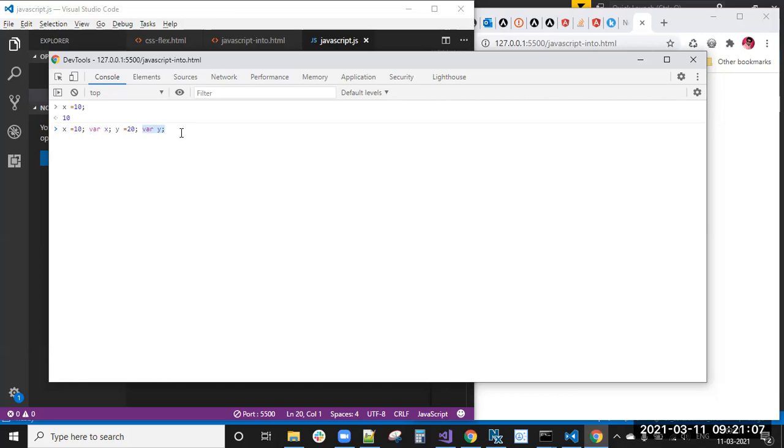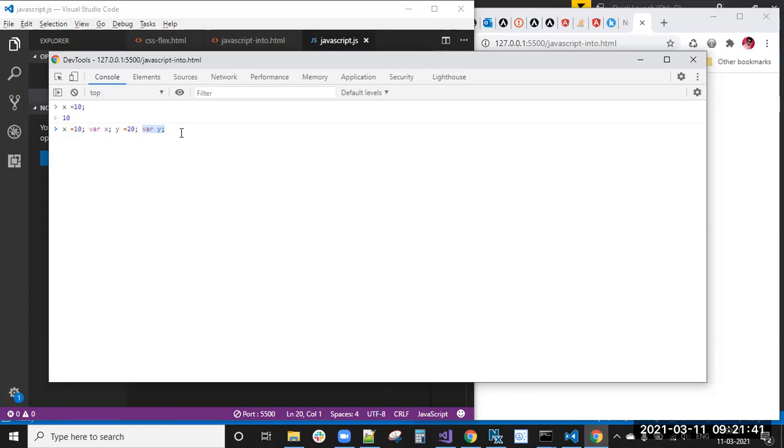If a variable declaration is there, it will move that declaration to the top. I told you about memory allocation. Because of that, JavaScript first finds all the variable declarations and allocates memory for them, and after that it starts executing and assigning values. This concept is called variable hoisting. You need to remember this concept.